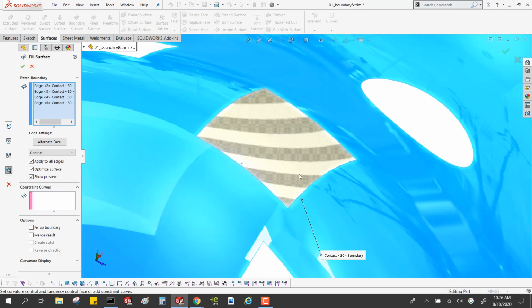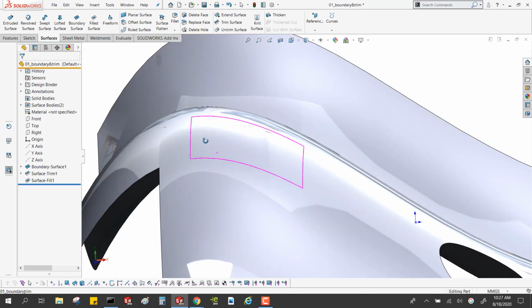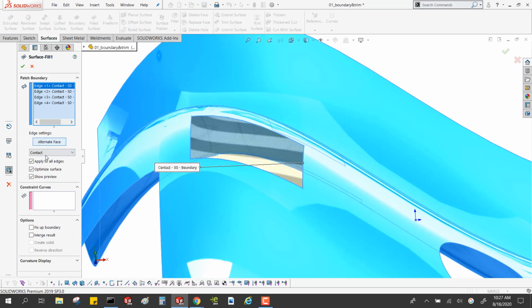You see, I pick this series of edges. It shows me what I'm going to do. Right now it's just contact, so it's not going to be very close to the curve. I can get it closer and closer to the curve using these tools, tangency